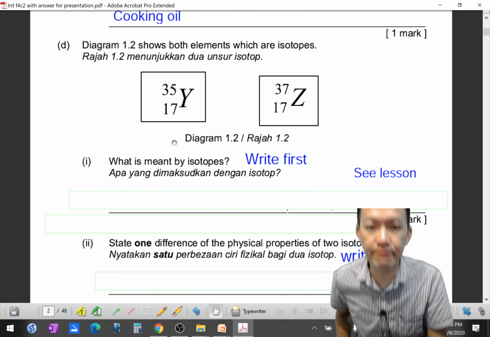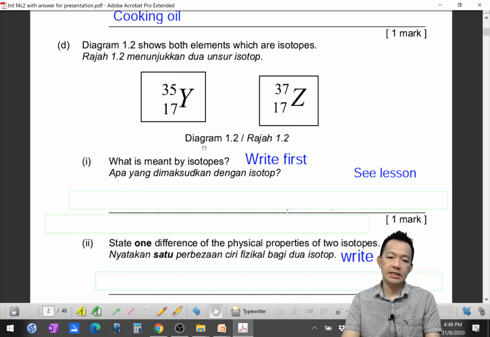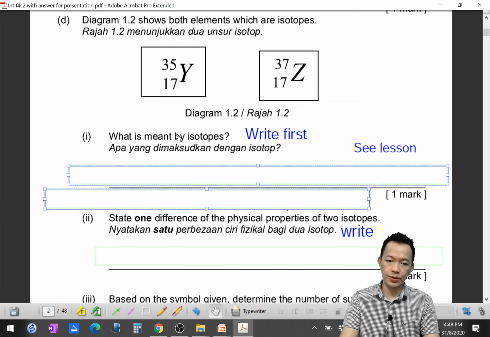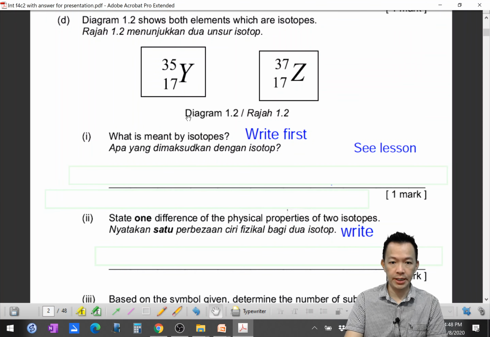So what is mean by isotope? 什麼叫 isotope? 幾乎很多人的答案都不準的，明白嗎？